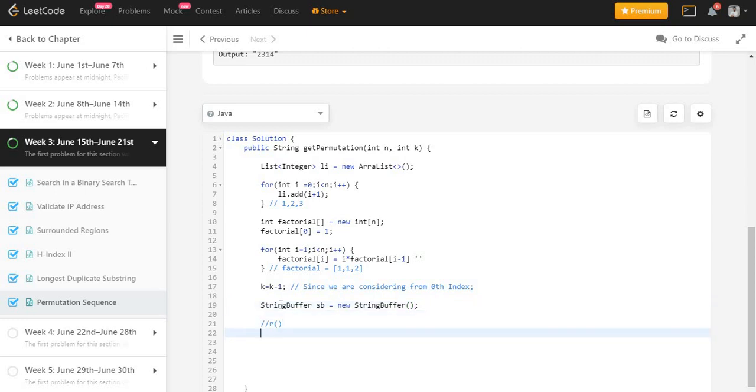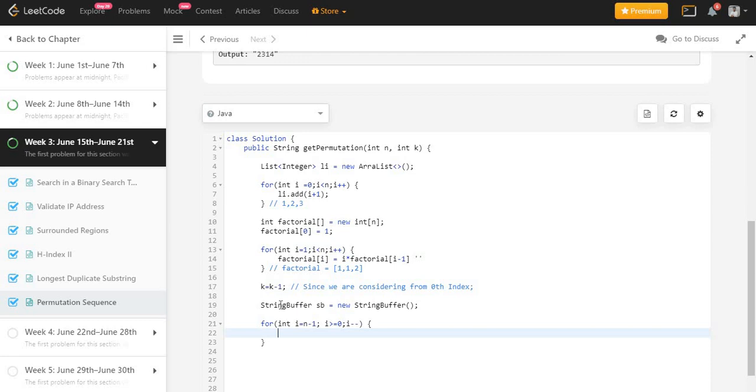And that's all. Now let me create another for loop and iterate. In this case I will start from n minus 1, since I am starting from the 0th index, and I will iterate till i equals 0, and I will decrement i after each iteration.